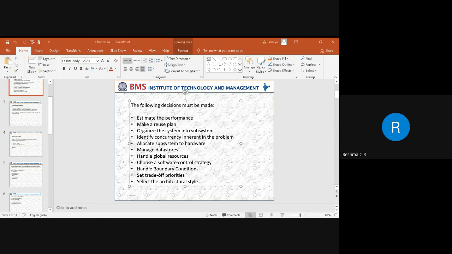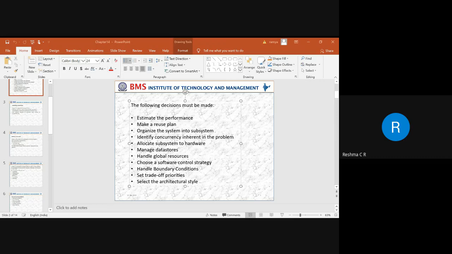Whether all these things can be satisfied with respect to the packages and the machines has to be taken care of. When you say setting a trade-off, it can be based on priorities like numerical accuracy. We are identifying 4 different parameters: speed, memory availability, portability, and cost.